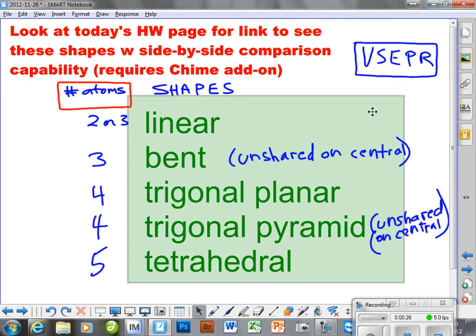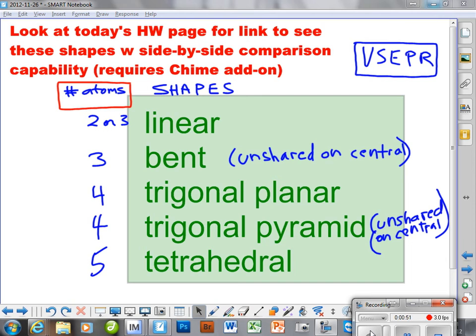capability, and it requires the KIME add-on. I'm going to show you that right now. You see the molecules, you can pull up any molecules that you like, and what I've done here is I've got a comparison of linear to linear. But if you wanted to see the difference between linear and bent, for instance, when you pick up bent, the